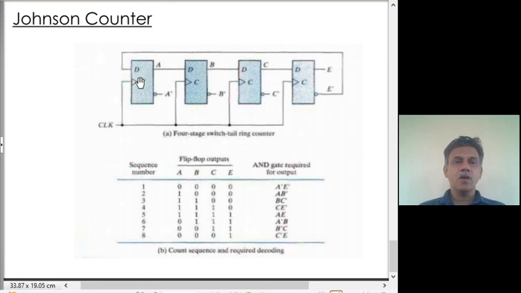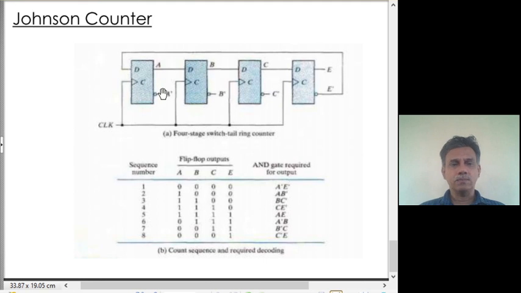So here we call these the A, B, C, D flip-flops. The output of the A flip-flop, called A, goes to the input of B. From B it goes to C, from C it goes to D, but the output of the last flip-flop, which we will call E, we do not connect back to the D input. Because we have used the symbol D for a D flip-flop, we skip the alphabet D here. So the output of the last flip-flop is not given; its complemented output is given.